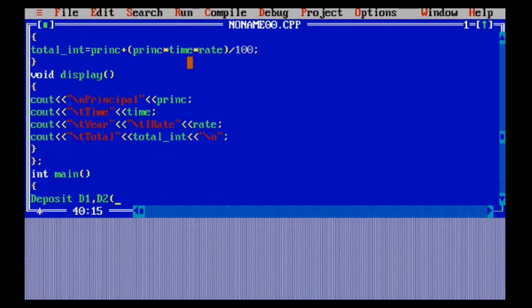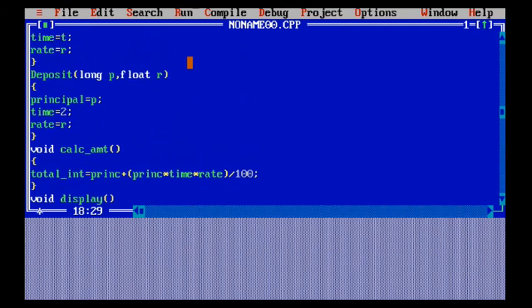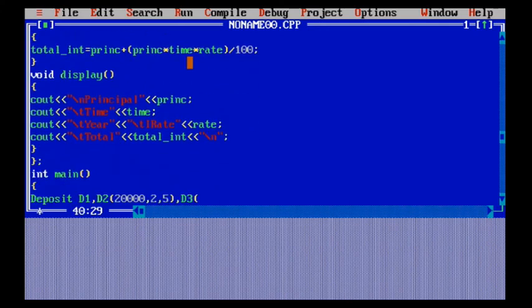Now it is your choice whatever parameters you want to give. What is the value that you want to give? You can declare that value accordingly. So I gave here 2000, and then I'm going to give the time period, and also the interest rate. So this is the way through which we are going to use it. Then I'm going to define the D3 object, in which we are going to define other data type parameters that I want to use in that particular part. So we are going to use this with the help of the parameters that I pass.